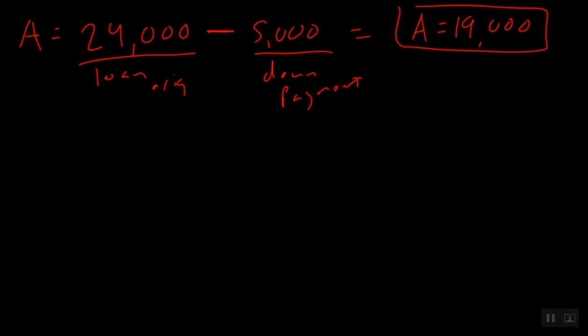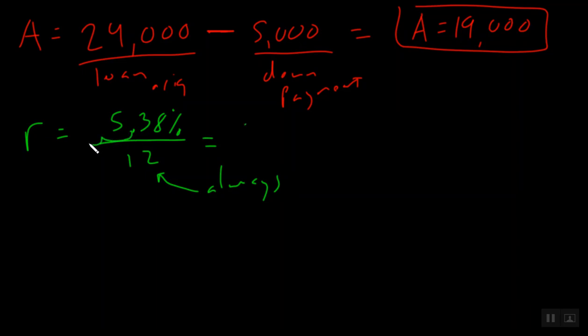Alright. In our green, we're going to talk about interest rate. Let's say the letter that we use here for our periodic interest rate is R. When they give you an interest rate of 5.38%, well, that's actually the annual interest rate. So we actually have to divide by the number of months in a year. Since it's the annual rate for 1 year, we divide it by 12. And you will always divide that number by 12. However, we first have to change our percent into a decimal. So remember, to go from a percent to a decimal, you go over 2 places to the left. And so we have